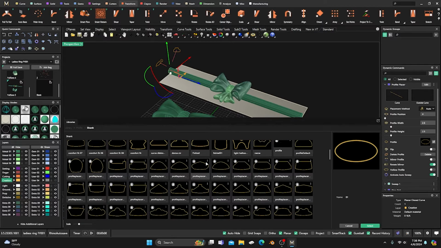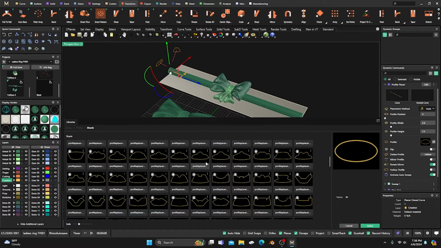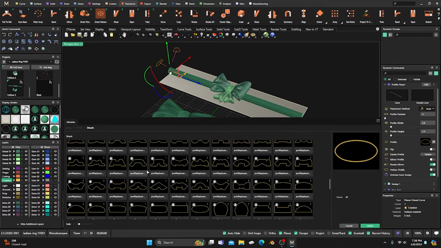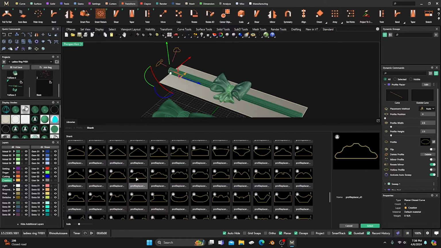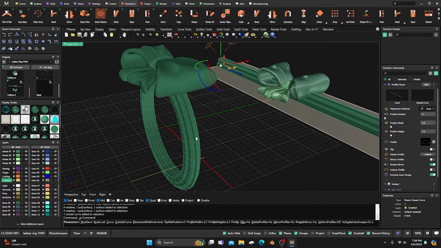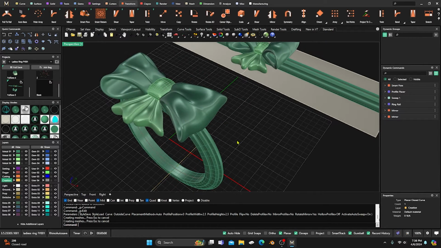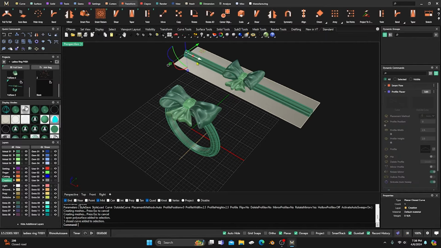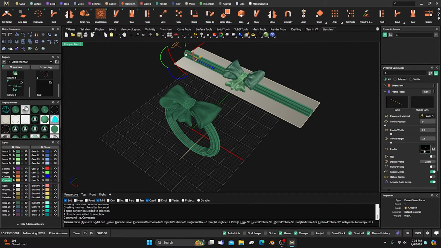You wouldn't get those options to really change it around a lot. And doing it this way, you can go in here and select many different options to get different shanks on it, and keep going back and selecting that curve